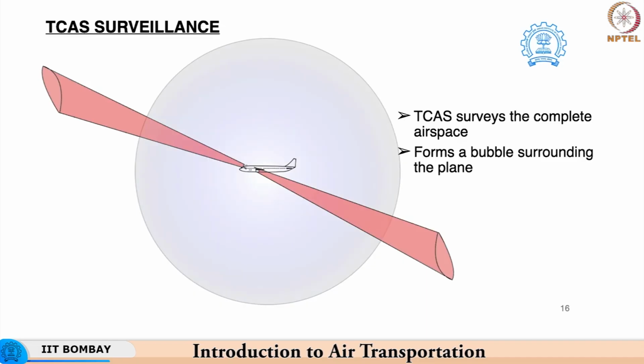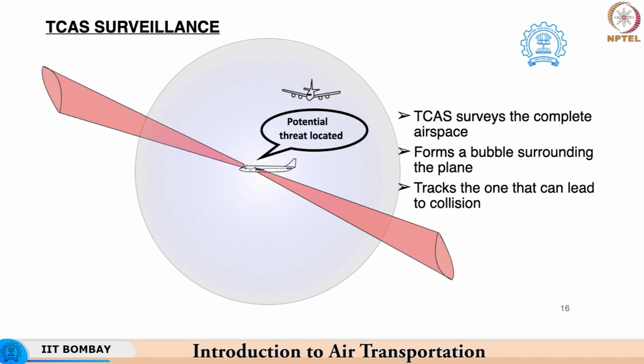Even though the TCAS system carries out surveys indefinitely, the system has been designed in a way that the interrogation signal or the inputs to the pilots by the TCAS will be provided only if the aircraft enters within a particular bubble. Hence, continuous tracking of a particular intruder aircraft, the aircraft that has entered into the bubble, will be carried out for such aircraft only, not for all the aircraft. So, it will basically track only the aircraft that can lead to collision, and hence subsequent warning systems and alert systems will be carried out only for these types of aircraft.